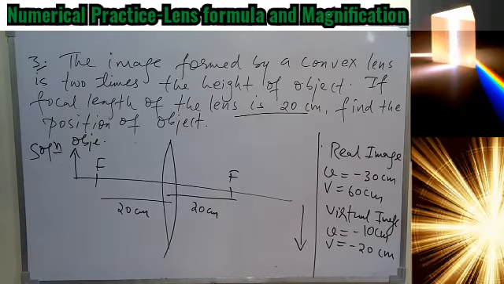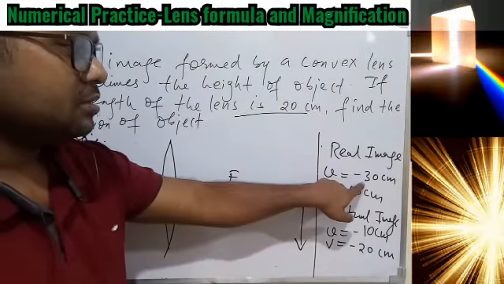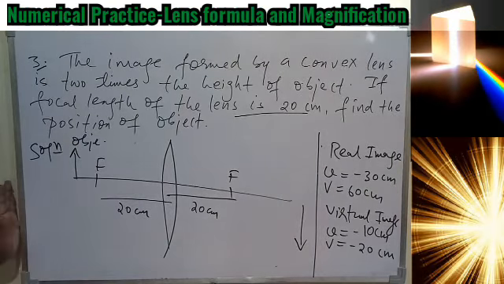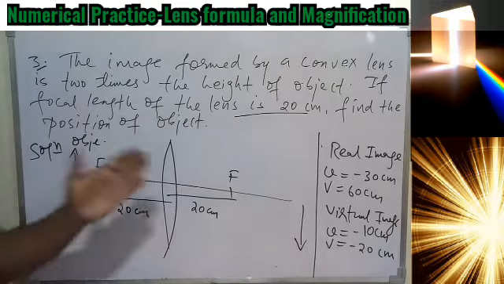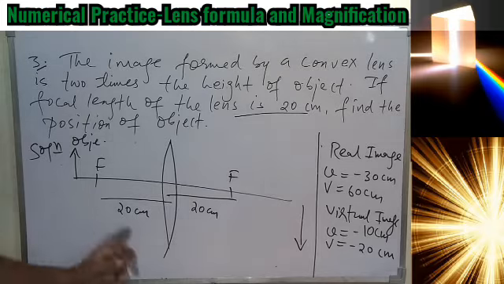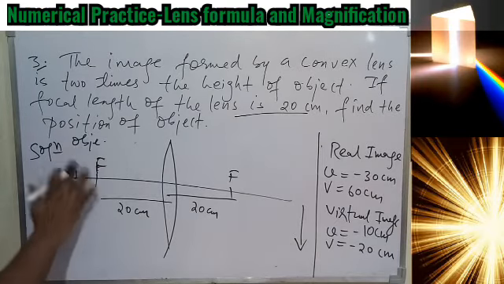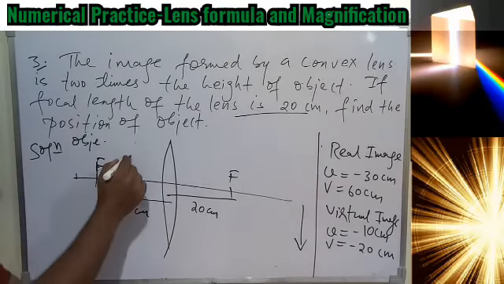So the image is magnified. So we can say this is the condition when the object is placed between the focus and the center of curvature. You can see minus 30 will be between 20 and 40, because 40 will be the radius of curvature, and 20 is the focal length. So you understood the object is between the focus and the center of curvature. The image is real, inverted, magnified. And in the second case, you can see where the object is. Minus 10. So you understood the object will be placed somewhere here.